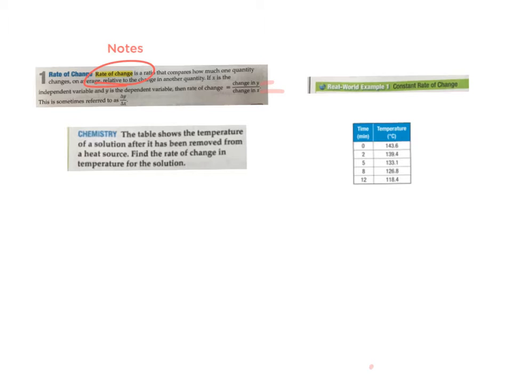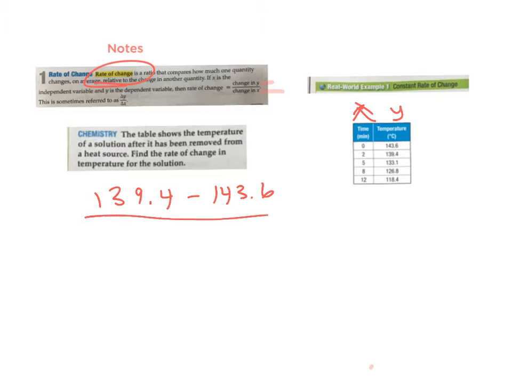The table shows the temperature of a solution after it's been removed from a heat source. Find the rate of change in temperature for the solution. So keep in mind that this is our x values and this is our y values. So what we want to do is take our x values, our y values, and subtract. So if I have 139.4